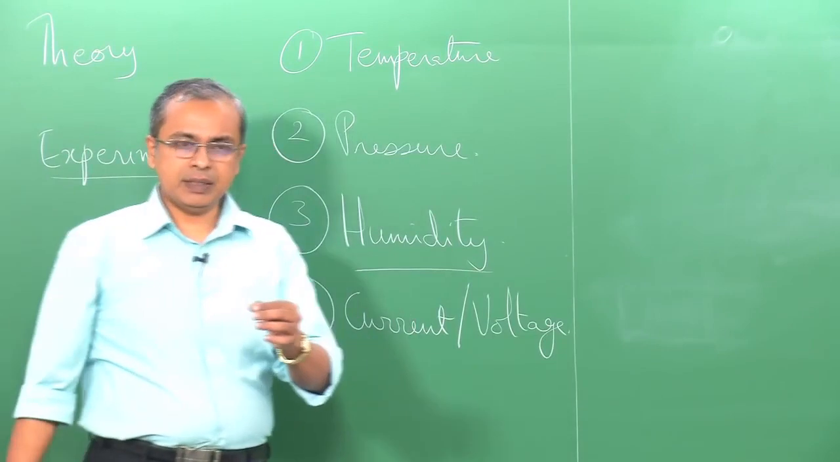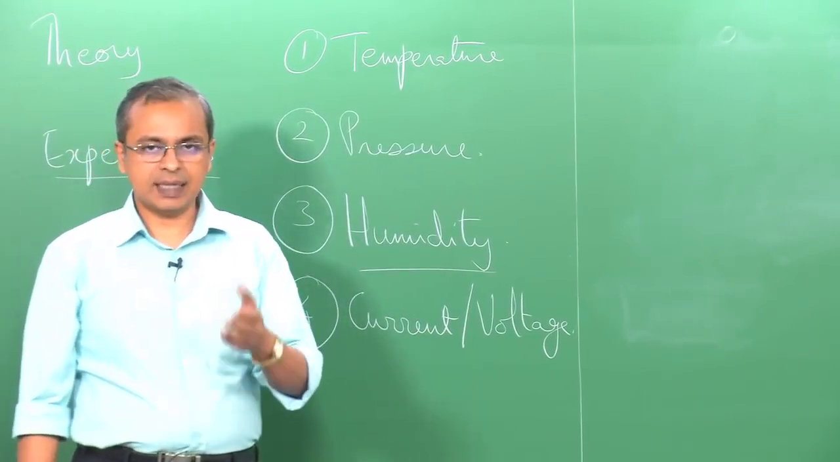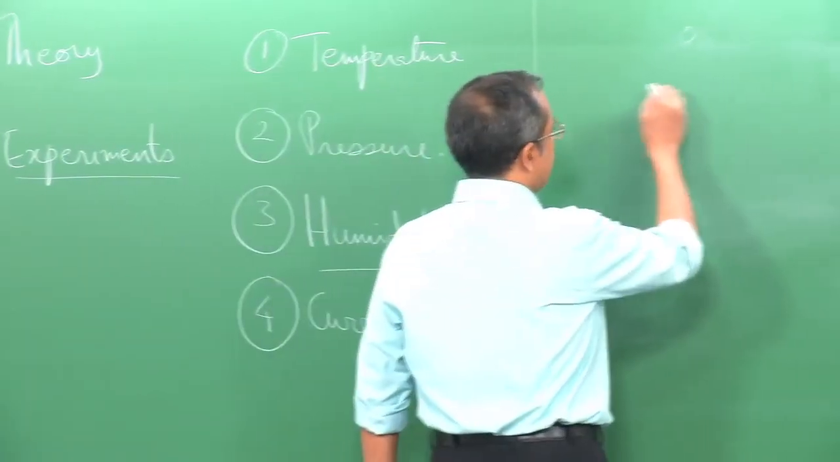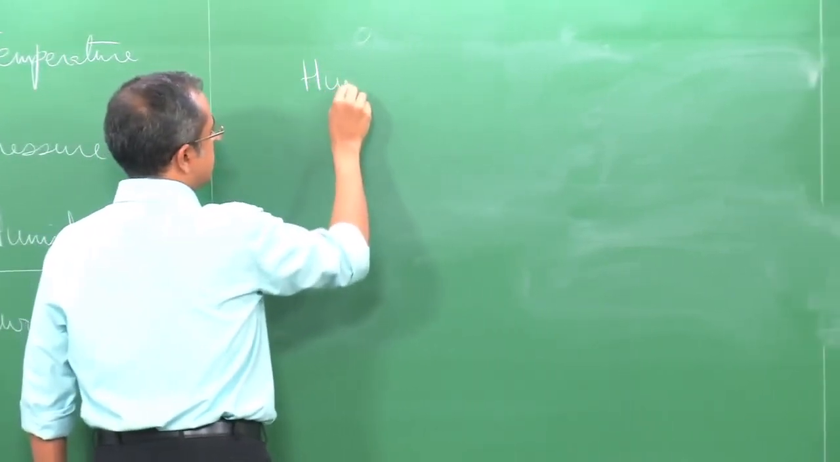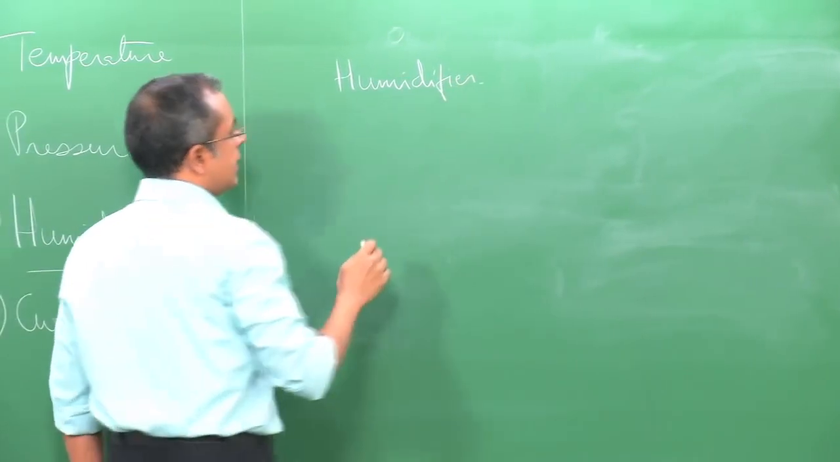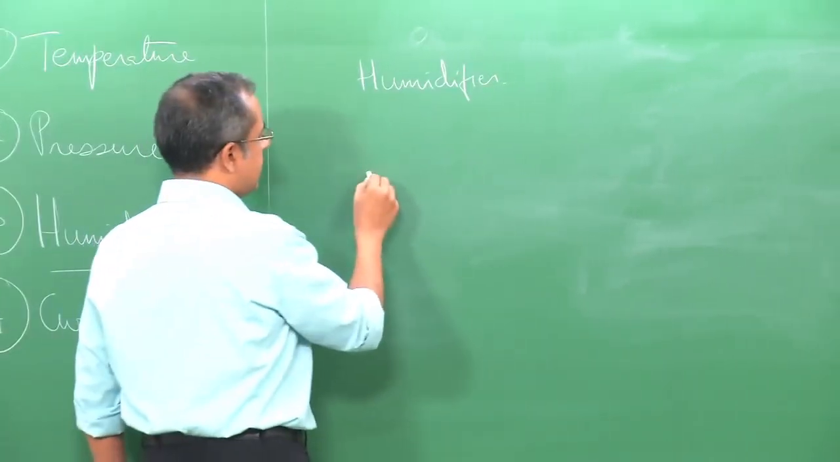There are many experiments where we want to know the relative humidity of the gas that is present in the experiment. So, often what is done is you have something called a humidifier, and this could be of various designs. In principle, what will happen is there is a gas inlet,